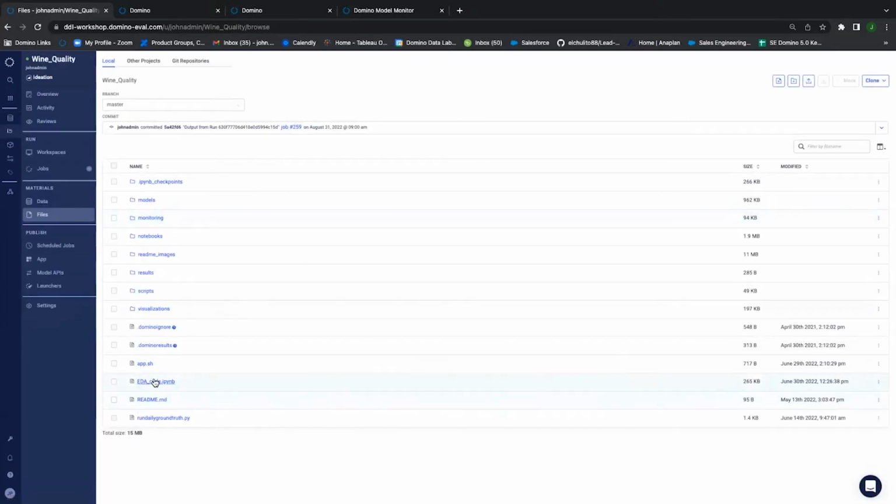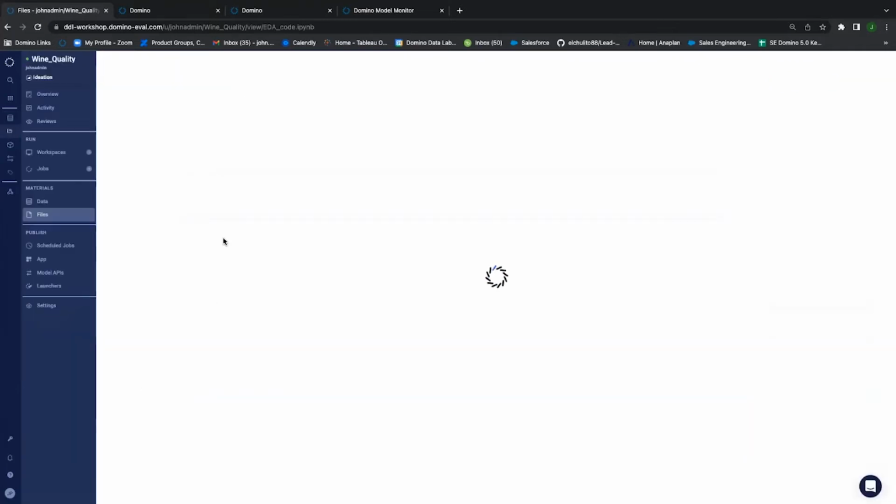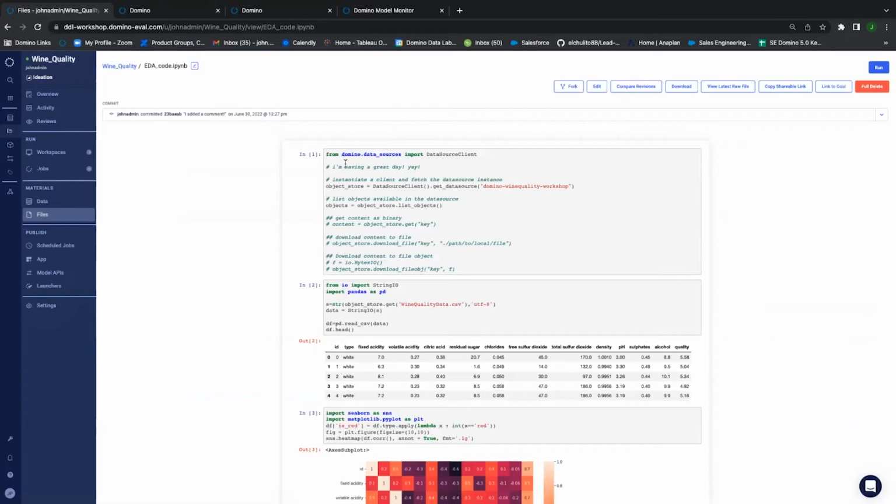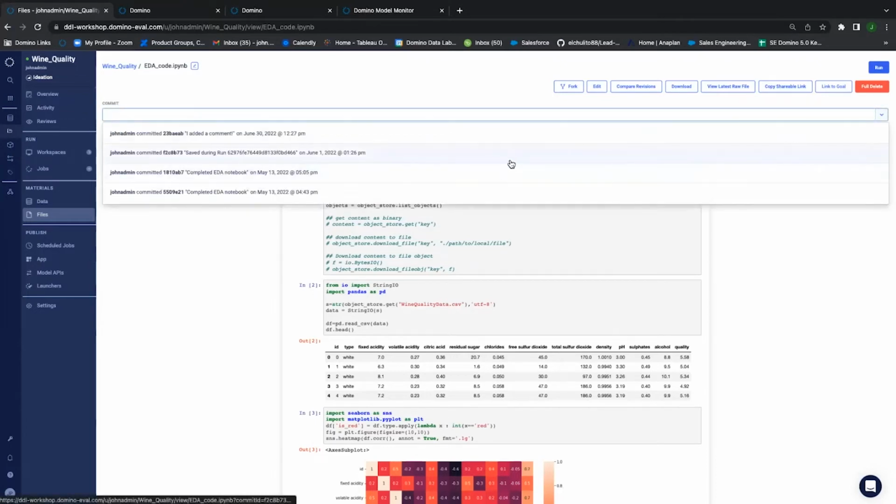So we go back to files. If I select any of these files, so let's say, for example, I select EDA and click on it, I'm going to be able to see the exact script or file that I'm looking at. And where it says commit, I'll see when was the last time this file was committed. If I move to the right here where we show the arrow, I can see how many times this file has been changed, and by whom and when. In this example, I'm just showing you an EDA Python notebook that I've created in Jupyter, where I'm running some EDA on the model that I'm building right now for wine quality.